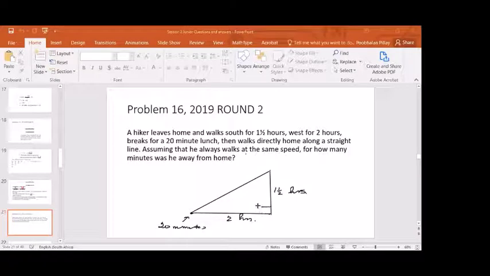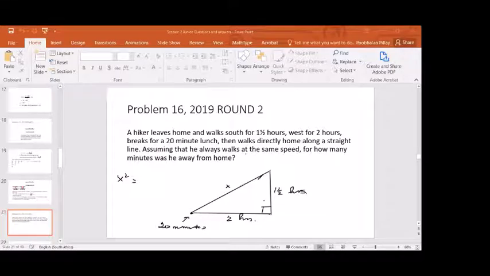this is 90 degrees here. So we can calculate how long it takes in hours to traverse that distance. You have to use Pythagoras to work out this thing here. And how do you do that? Well, Pythagoras' theorem says that the square of the hypotenuse, this is the hypotenuse of a right-angled triangle, if we call this x, so x squared,